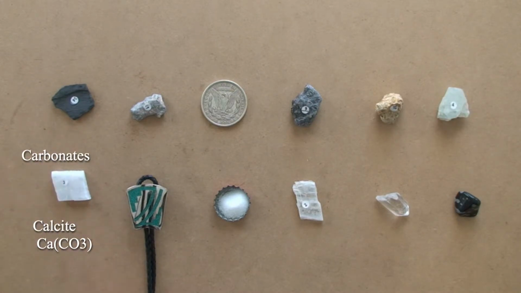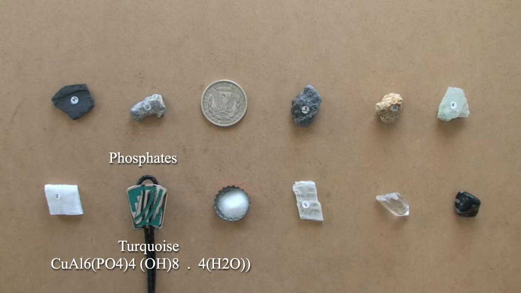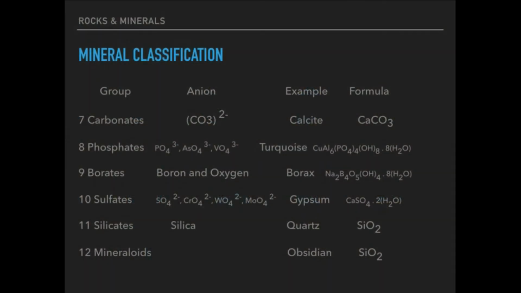Next group, and you may notice I have a little piece of jewelry or something here. And the next group is, let's go to the list here, the phosphates. And it turns out it's actually more than just the phosphates. It's the phosphates, the arsenates, and the vanadates. So what happens is the phosphates, it forms these